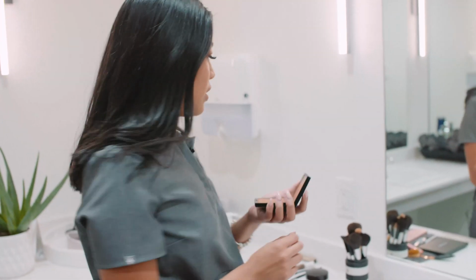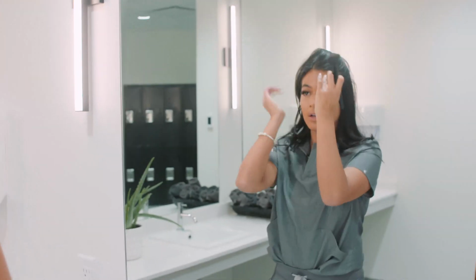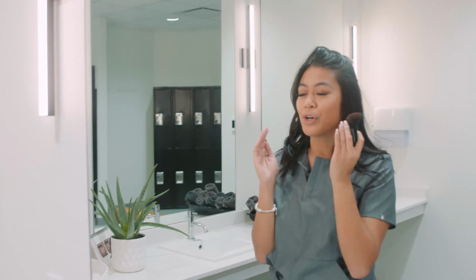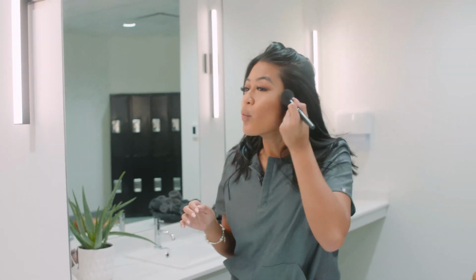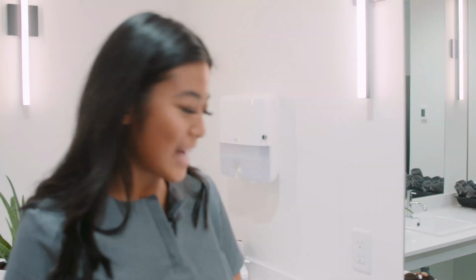So I grab bronzer and I just bronze my cheekbones and my forehead or my temples. So you have to do like a duck face. Essentially what you're doing is trying to make yourself look sculpted. The last thing, well, I guess the second to last thing that I do is my favorite part, which is